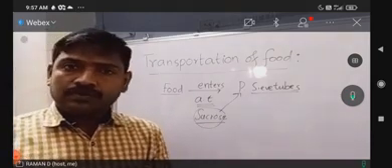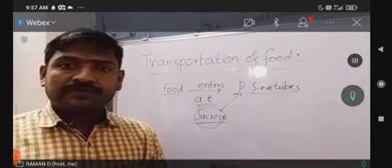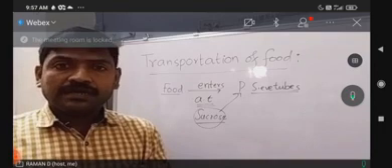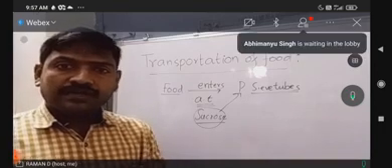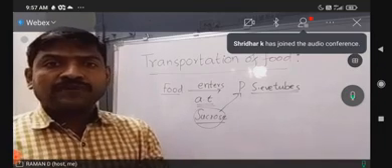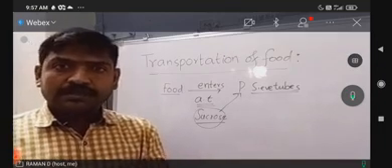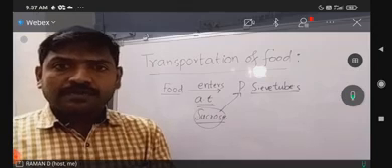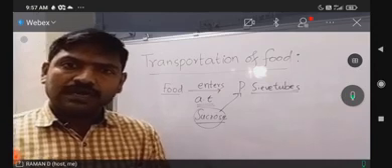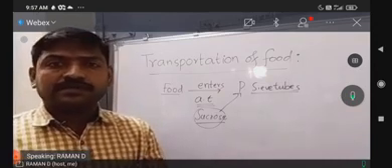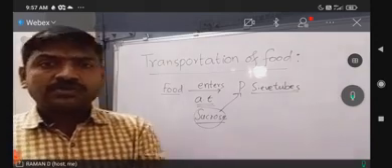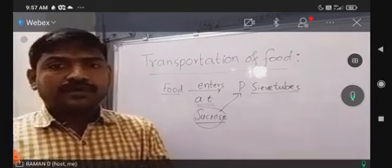If it has to be stored, it will be stored as starch by getting converted from sucrose to starch or glucose to starch. If it has to be transported, it will be converted into sucrose, from starch to sucrose or from glucose to sucrose. If it has to be utilized, it will be converted into glucose, or if it is immediately synthesized to glucose, directly glucose will be utilized by the plant cells, right? If it is in the form of starch, it is broken down into glucose molecules, then it will be utilized.